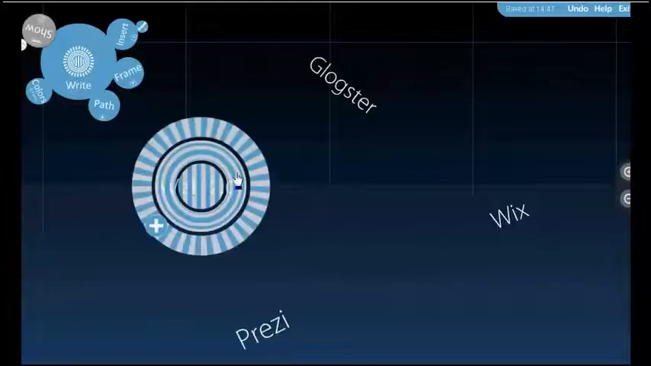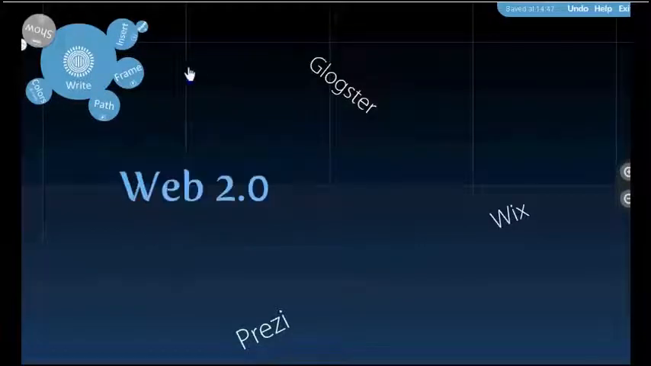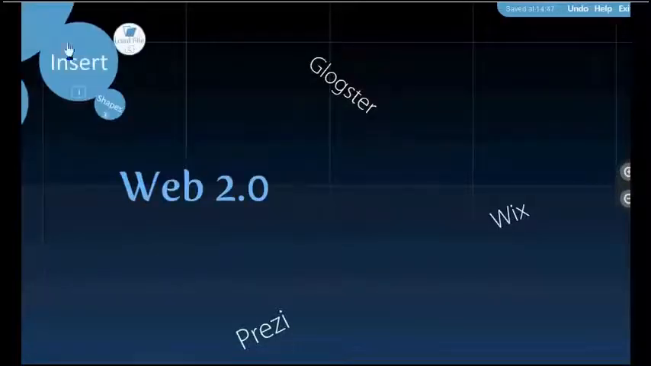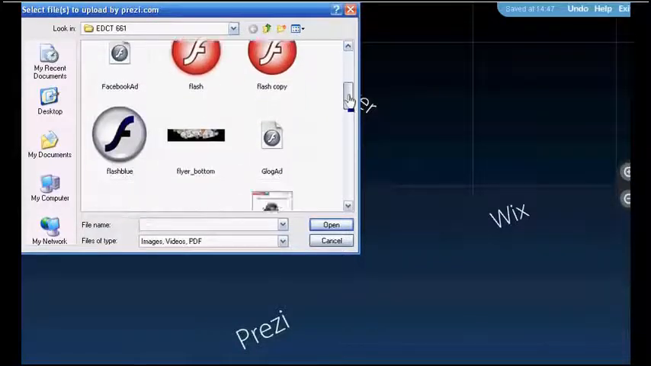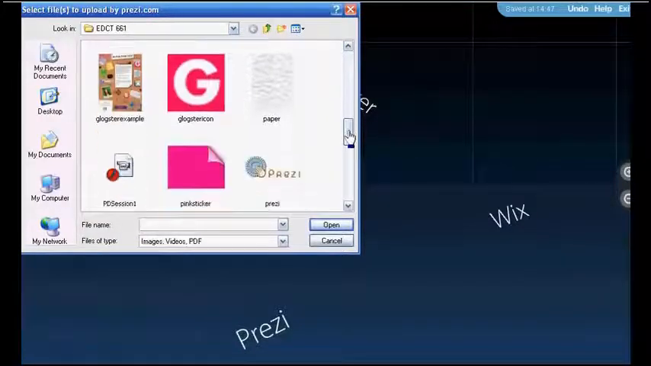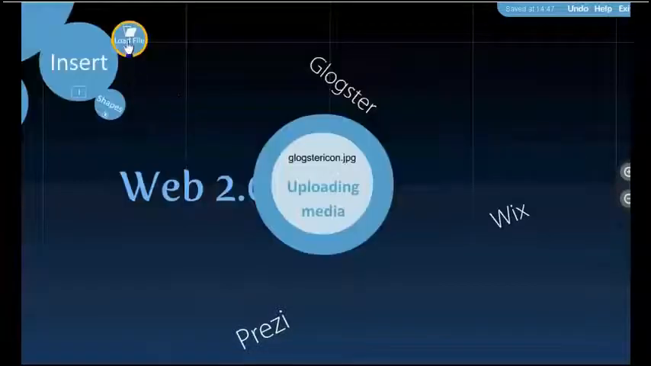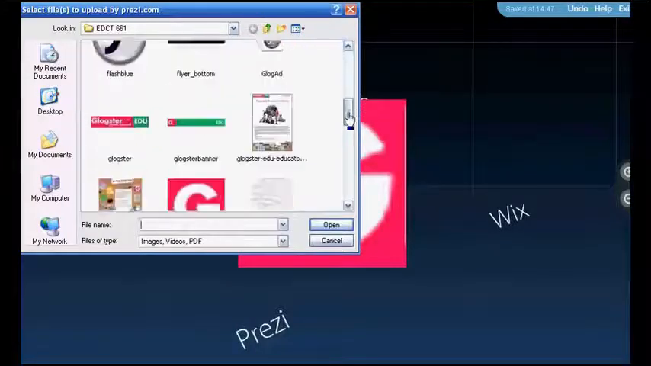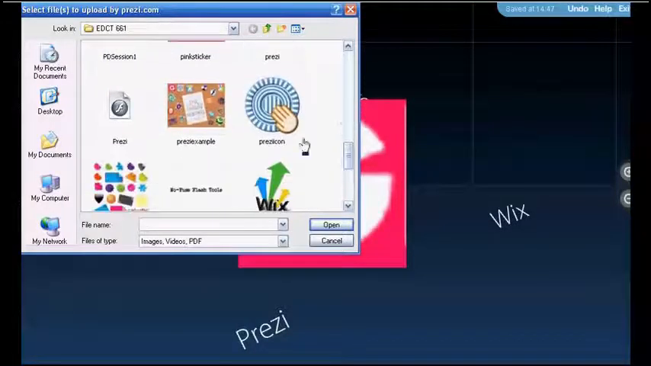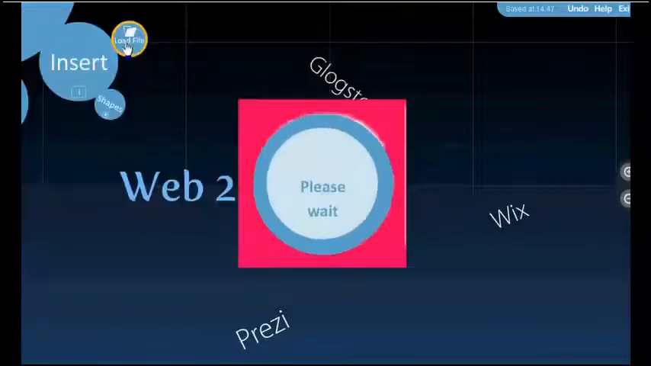You can also insert different types of items. So if you come over here, this is kind of like our toolbar. We can click on Load File, and that'll allow you to insert items from your computer. Prezi actually allows you to upload images, audio, and video files. So I'm just going to drop 3 different images in here for now